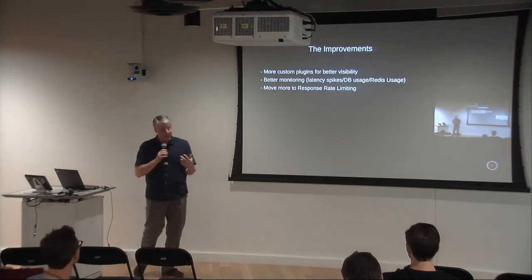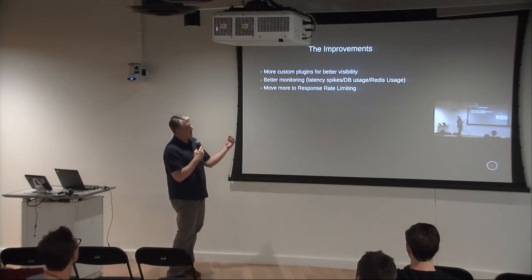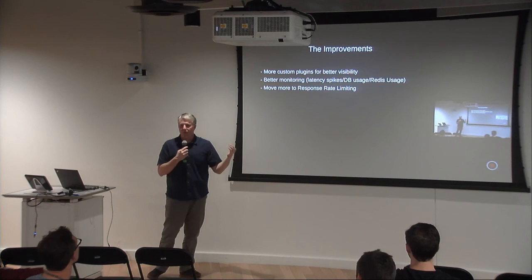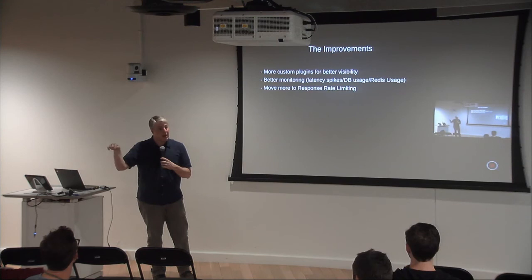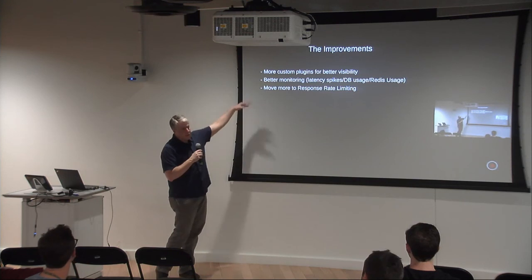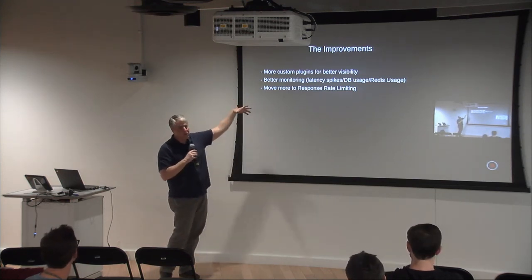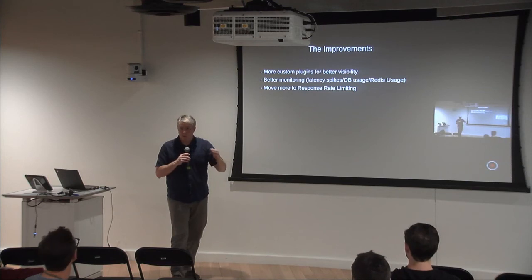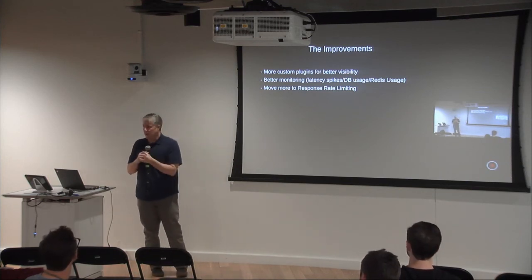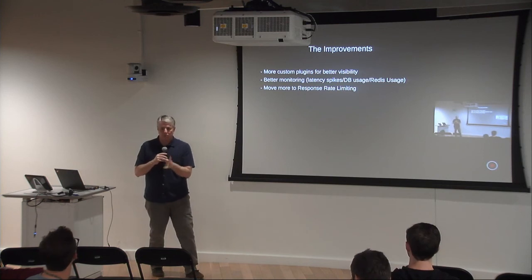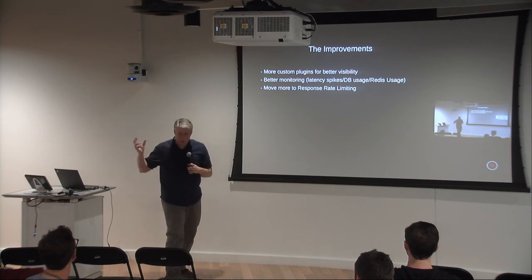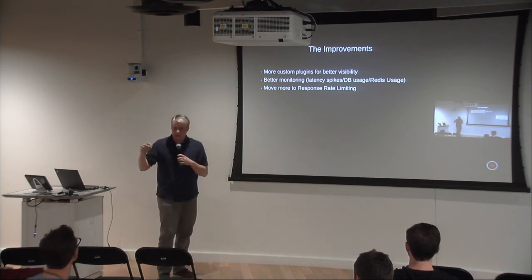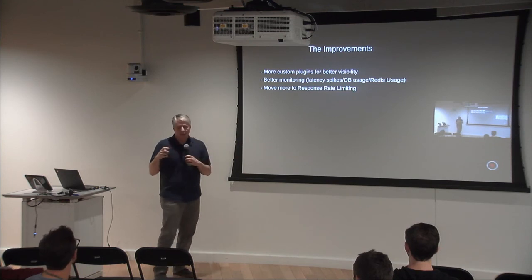Things that I would do better in the future. I want to write a custom plugin for better visibility. So depending on maybe the path, like the first 3 segments of the path, so I know which controller it's hitting, and I can collect more detailed stats. Like the 201s and 200s are nice, but if I can measure maybe checkouts or some kind of business metric, I think that would be a little better in the long run, to have a nice dashboard that shows all of that. Better monitoring, checking that Kong latency, making sure that doesn't get too big,